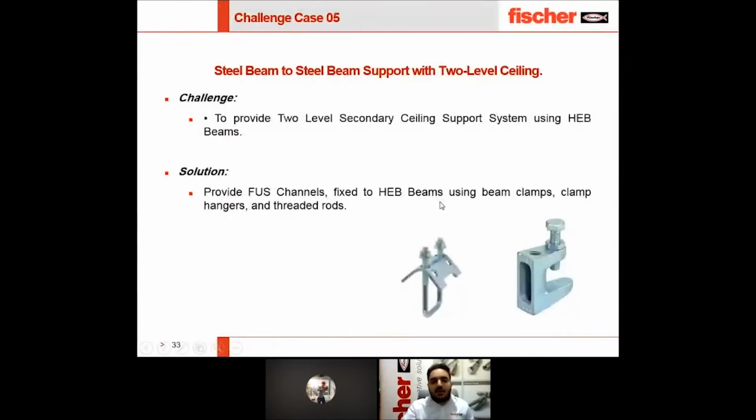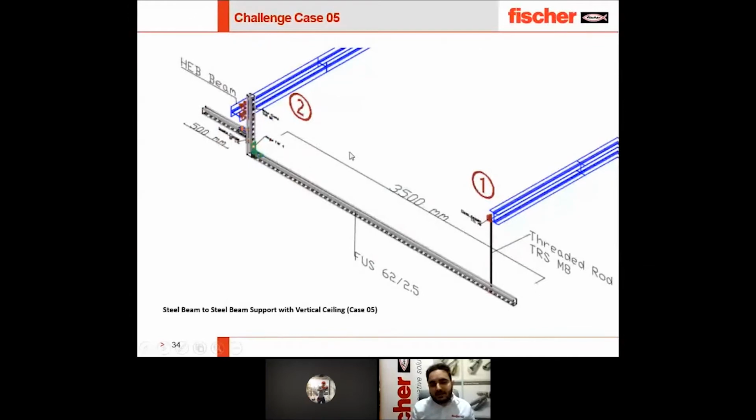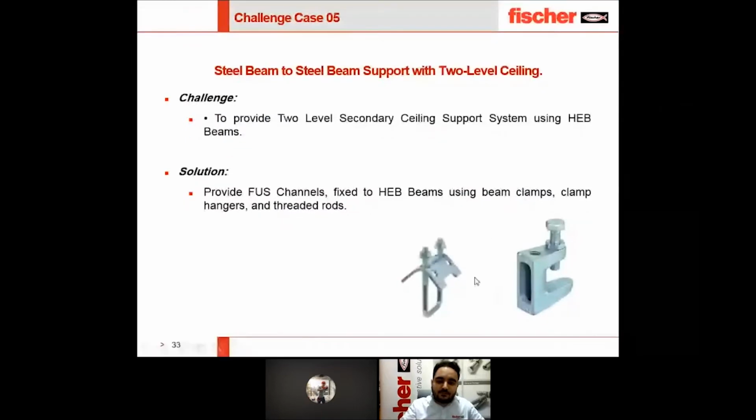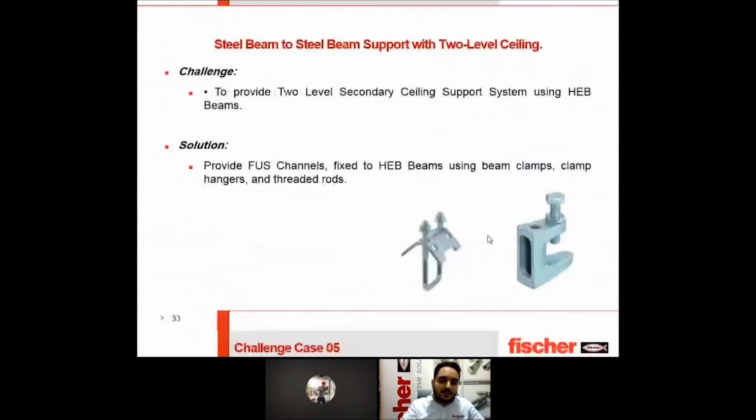This one also, case number 5, we propose our secondary support system for the steel beams, with different orientation. We have here a long span of 3.5 with a steel beam here and a steel beam here with a different orientation. So we made here a threaded rod with beam clamp, this part, and here on the other side we make a vertical channel, also with a beam clamp, the other type of clamp,